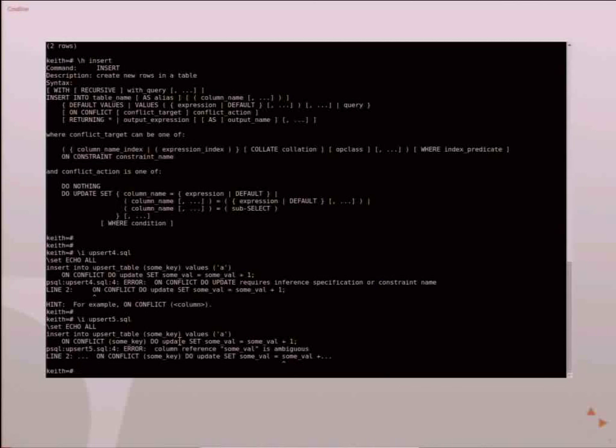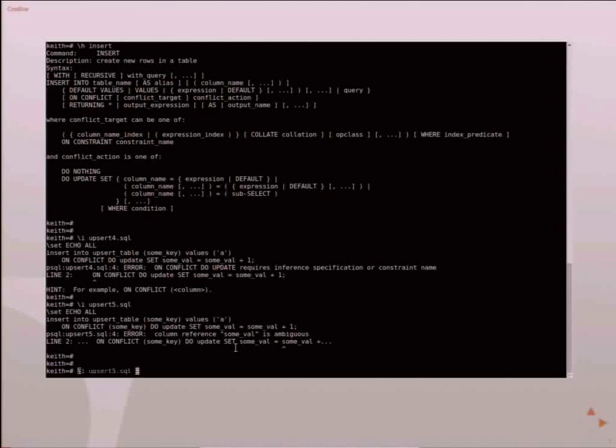Still not quite happy. One of the things now introduced with the INSERT command is you can now alias the target table. The reason being, and I'll show you a little bit more later, there's a special tuple available for trying to get the old value, and that has a name that could have some conflict with it.